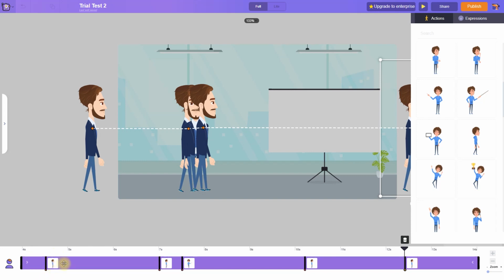It is coming into the scene from this 4.5 second to 7 second. From 7 second to 7.5 second, the character switches from walking to talking, and then from 7.5 second to 10.2 second it will talk, and then it will start moving out of the scene from 10.2 second to 12.3 second.